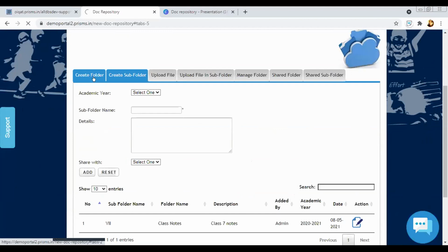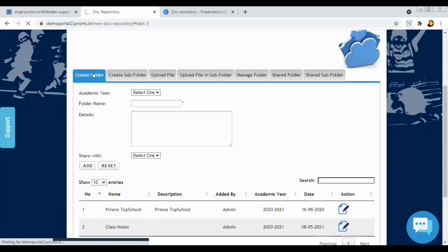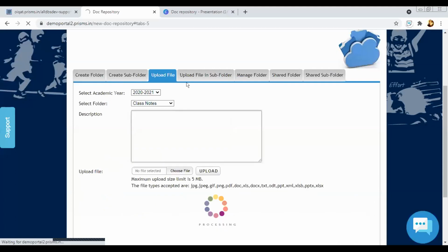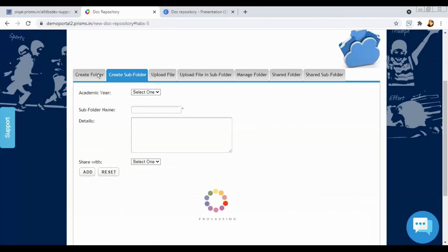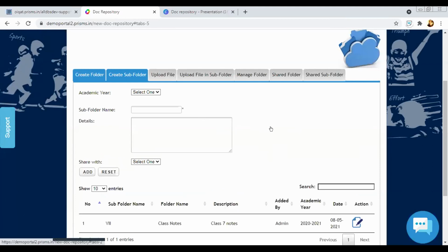And you can also create single folders like competition, drawing competition, and you can create subfolders with names and add the documents according to the classes that you want to share to. And you can share the subfolders. So that's the basic flow of how to create a folder, a subfolder, and how to share the folder or subfolder. So if you have any doubts till now in the creation part, you can let me know. Then I'll show you how it looks from the student login once it's shared.